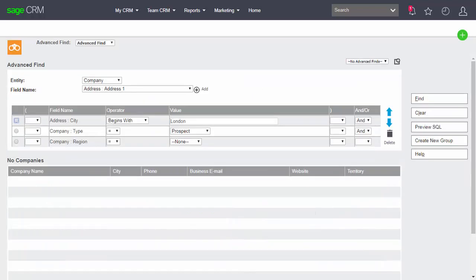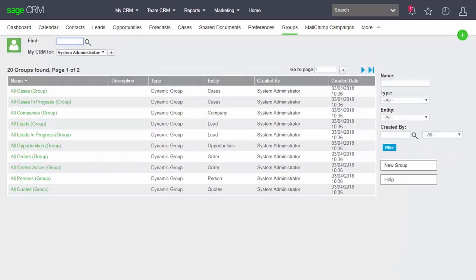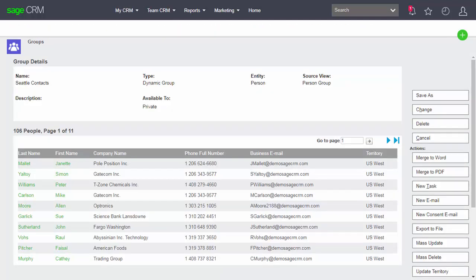But if I return back into my system administrator screen, you can see that I can then choose the update territory button. The update territory button allows a system administrator to rapidly change a collection of records and child records into a new territory. Now I'm not going to carry out the task with this particular group. Instead, I'm going to cancel this and now have a look at the fact that within the administration area we